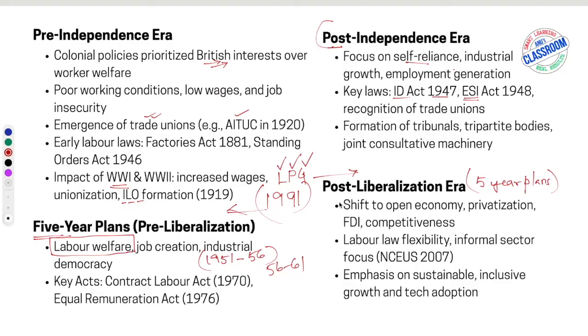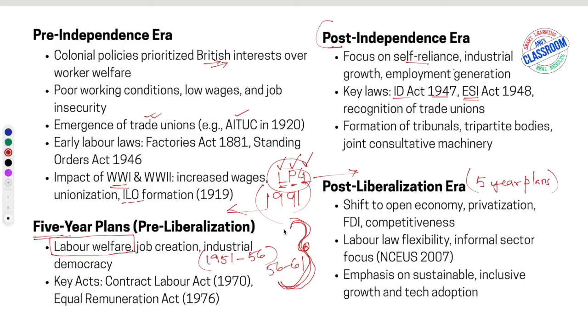Now, coming to the 5 year plans post liberalization, that is, after 1991, we had a very big shift. Why? Because of this LPG, liberalization, privatization, globalization, India opened its economy to the global market. Till then, whatever was made in India was consumed in India. Nothing much came out, and we did not have enough to send out either. We went into a very big financial crunch, and that is when this whole LPG thing was introduced. And then we opened our doors to the outside world, right?